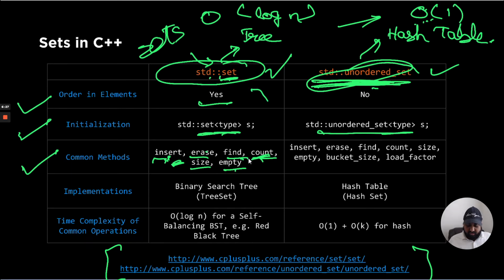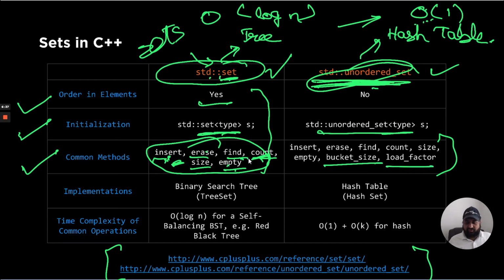Now this is for an ordered set, but for an unordered set, in addition to all these functions, you also have other functions that include bucket size, load factor, and so on. Bucket size is the total size of the bucket. Once we go into hash tables, you will understand more about this. Load factor is the ratio of the number of occupied spaces in our table versus those that are empty. So it gives you a number, and we are going to discuss the significance of load factor when